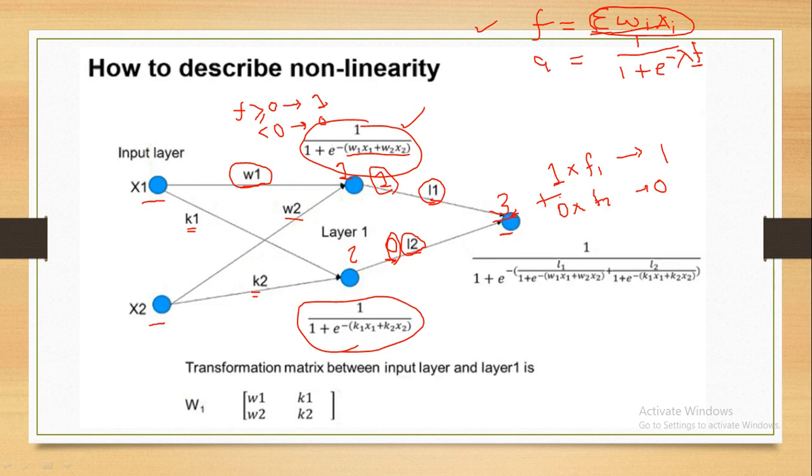So here we wrote the W value 1, the W value 0, and feature 1 is whatever the output of this one, feature value whatever the output of this one. So its value here will be considered 0, and this one will be considered as F1. So we will just predict the outcome, which is nothing but F1, or otherwise the outcome is nothing but 1 because the outcome is greater than or equal to 0. So the third neuron will predict 1.